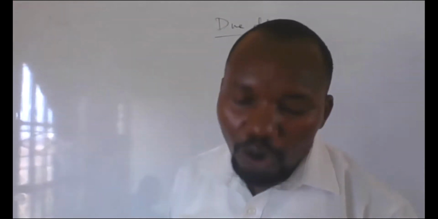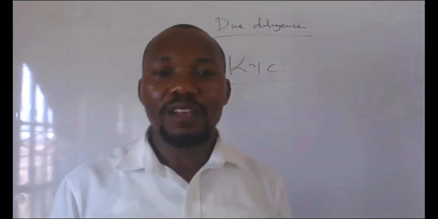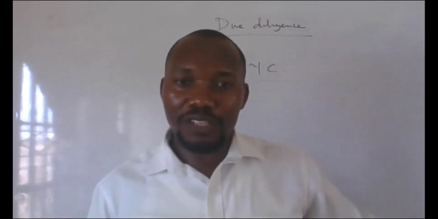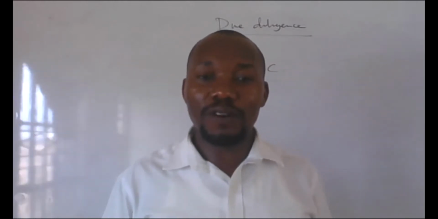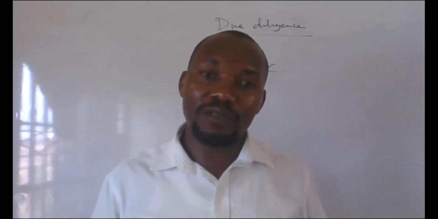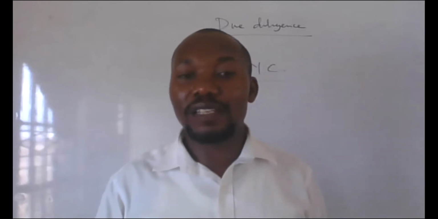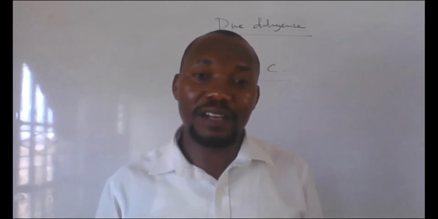Another question that they can ask you is about the scope of due diligence. To what extent can you be able to cover when you're doing due diligence? Or they can ask you about the difference between due diligence and the normal statutory audit. So the scope we have said, you audit the previous year's report, the current one, you also look at the future. You look at the management reports, management accounts, you look at the board minutes, you look at the forecast and the plans, you check the sources of raw materials, you look at a lot of things that you can look at. You look at the governance, who are the governance, the experience, their CVs, right?